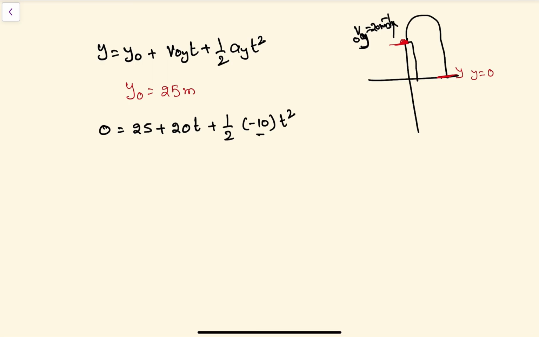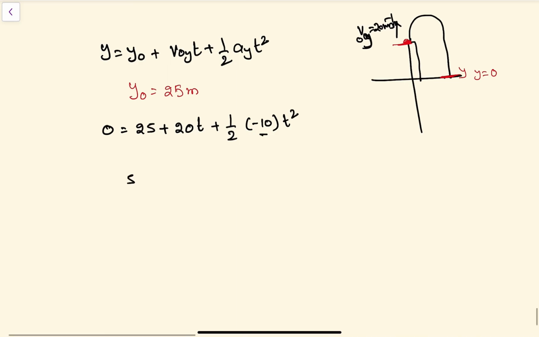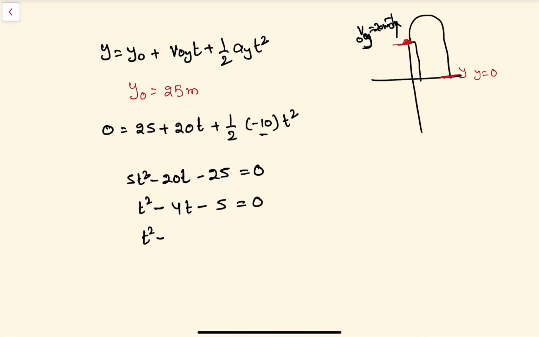Now how do you write it? You will get 5t square minus 20t minus 25 is equal to 0. t square minus 4t minus 5 is equal to 0. So t square minus 5t plus t minus 5 is equal to 0. So t minus 5,